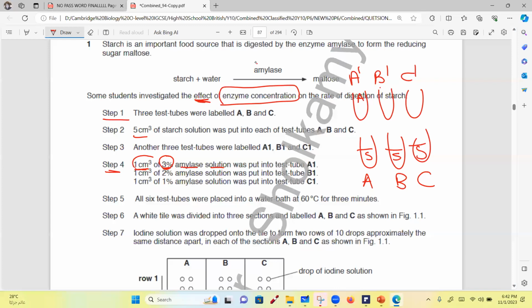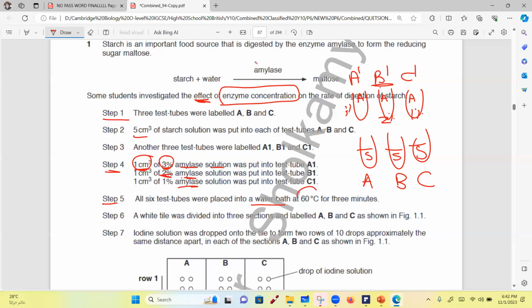And 1 centimeter cubed of 2% amylase was put in test tube B1. So B1, they also added the enzyme amylase. And in C1, obviously, they also added amylase, but they added different concentrations of amylase. One time it was 3%, one time it was 2%, one time it was 1%. Do you understand what they're doing? Anyone is lost? All 6 test tubes were placed in a water bath at 60